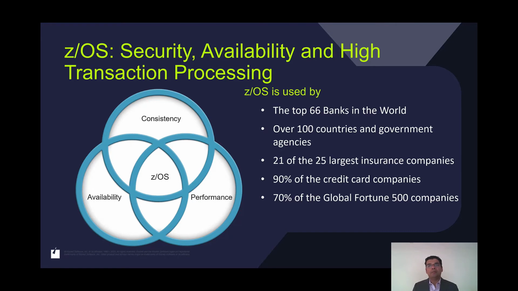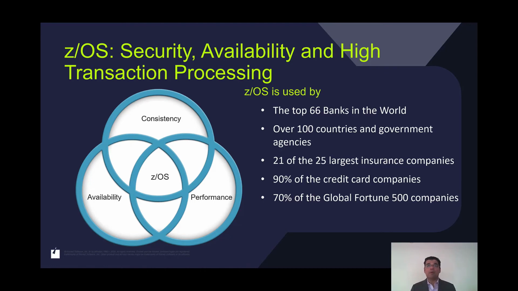Going back to the lessons of computer science, there is something called the CAP theorem, and the theorem goes this way. You can pick two of those three vectors: consistency, availability, and partition tolerance. You can be really good at two, and that governs how you build distributed systems. Those are the governing principles around how public cloud applications or public cloud infrastructures are built. That is not the case with z/OS.